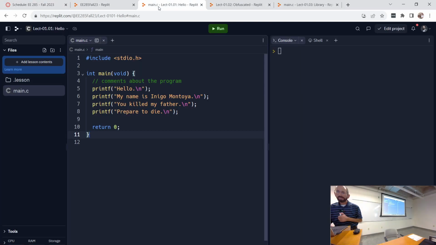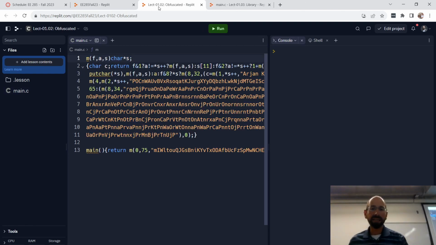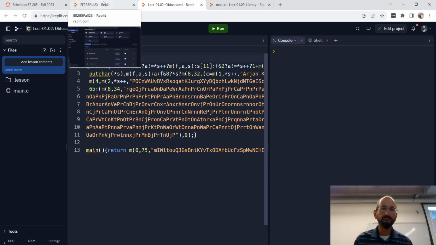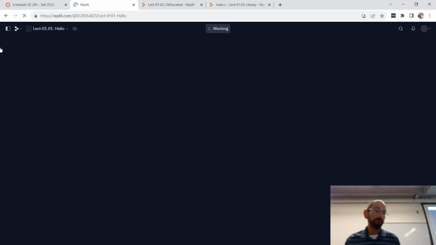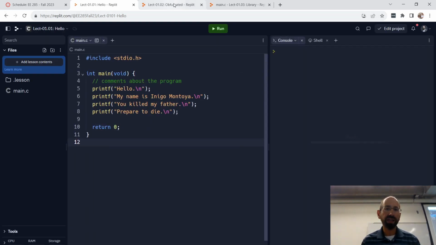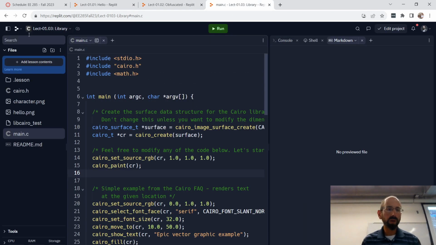This is in Replit under the lecture subcategory of Replit projects, and this is the same code that we have here. There are a lot of features of Replit, and I want to make sure I eventually get to all of them. There's too many features of it. I would argue not enough features here. I accidentally closed out of that. Let's try that again. So first off, one of the features I did mention the other day is